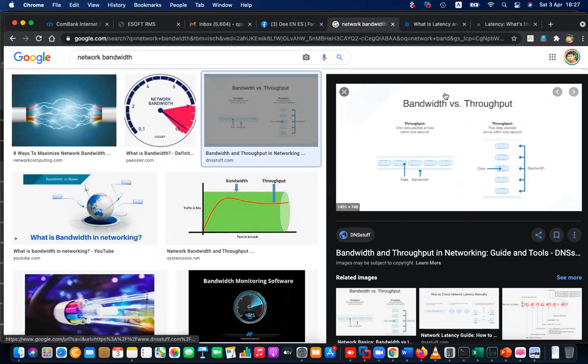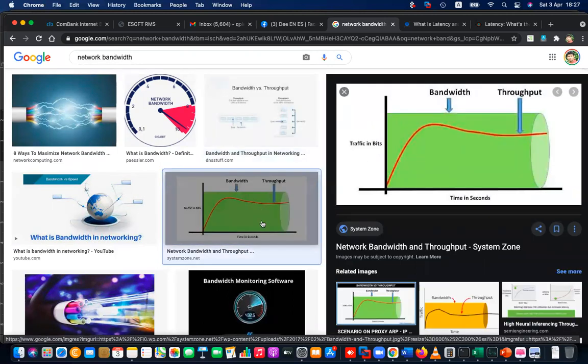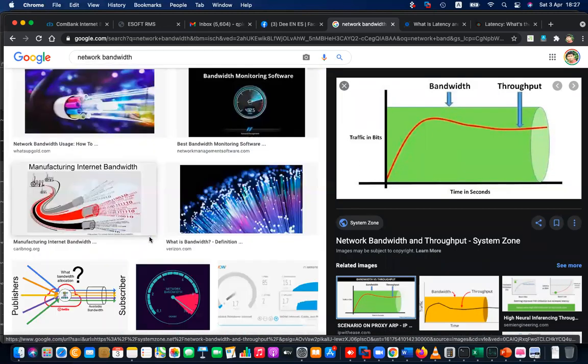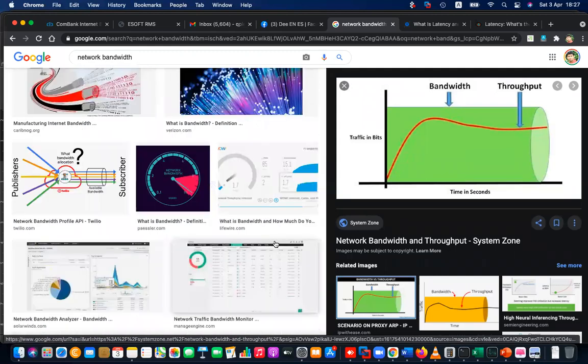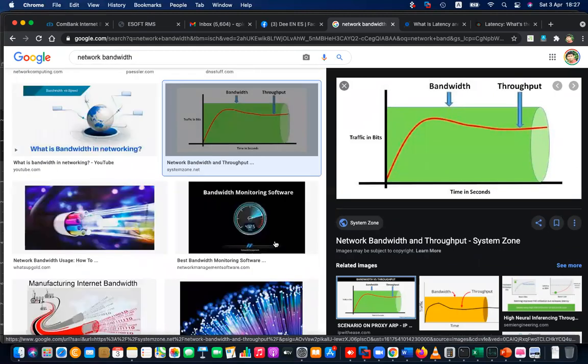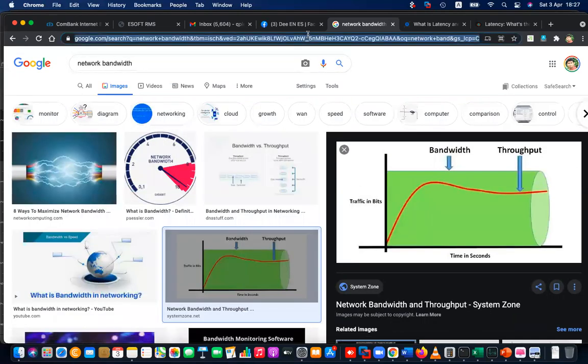So you can see, bandwidth, traffic in bits. Bandwidth means the gap between the minimum and highest frequency. Lowest and highest frequency, we call that bandwidth, but this is also again not clear. Okay, so what you can do, the simplest way, go to this